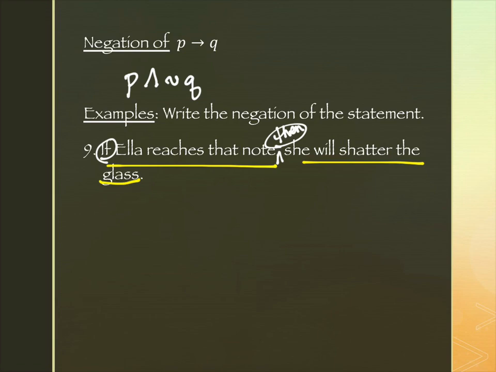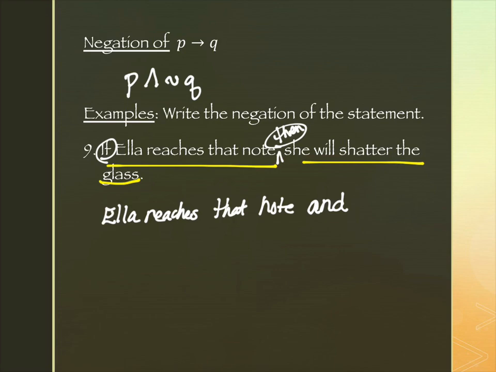So the negation is, we leave the first part the same. We don't write ifs and thens anymore. Notice that, right? This is an and statement now, so there's no ifs and there's no thens. Sometimes the language has to change a little bit to make it make sense in terms of the way we structure English. This one's not too much so. But instead of it saying if Ella reaches that note, we simply say she does. Ella reaches that note. Then we put the word and